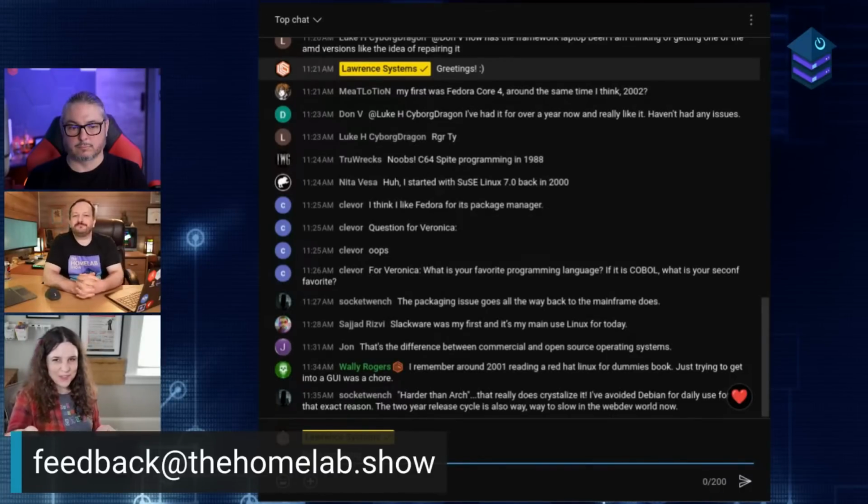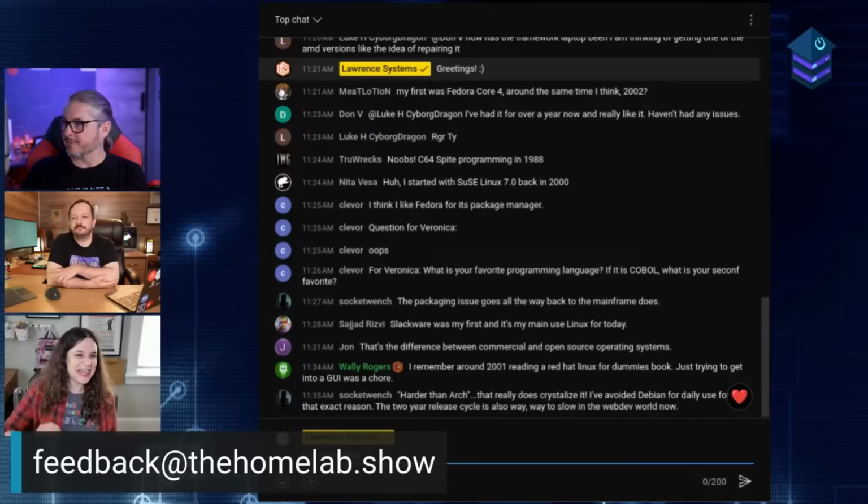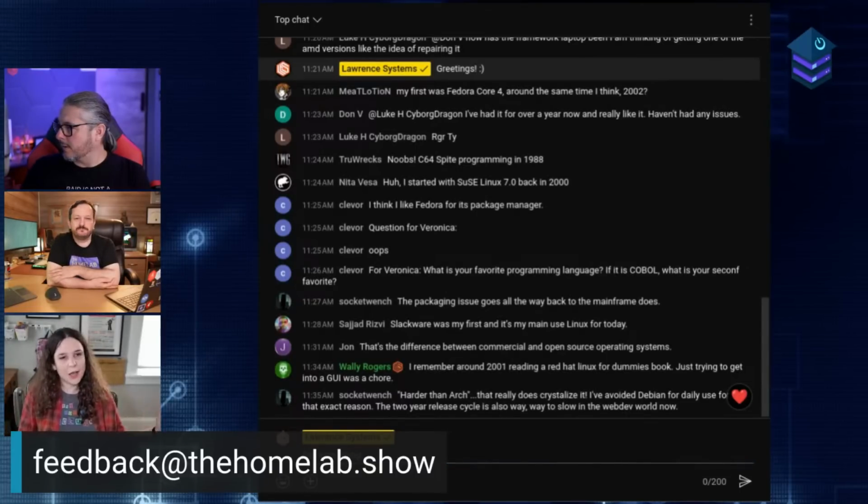I just checked out the Debian website for download, and this was always one of my big criticisms of Debian: you would have to go to the alternate download site, and then it would give you so many different options. You got not only the net install, but the full install. And how do you know which one is the one you want? Then you have Jigdo. What is Jigdo? Do we use Jigdo? Is that a thing you use? There's all these different options. Sounds like a board game made by Milton Bradley, honestly.